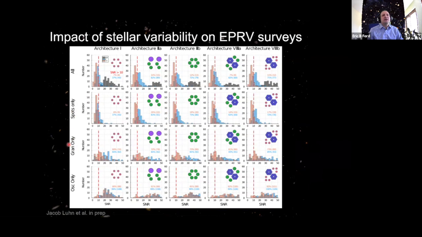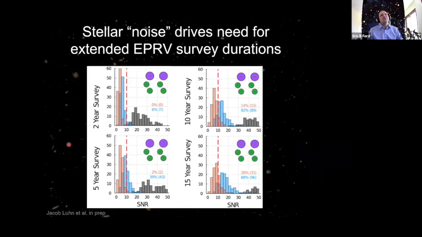And what we showed is that because of granulation largely, there's actually a pretty big benefit to extending your survey duration to long time scales, because there you remove some of it. If you just take many observations in one night by throwing more telescopes at the problem, you don't actually solve this granulation. But if you spread out your telescopes over a longer period of time, your noise starts to become less and less correlated, and you can start to pull out a significant fraction of these, even at high signal to noises for Earth analogs. So that's the sort of half full, half empty, depending on how you want to go.